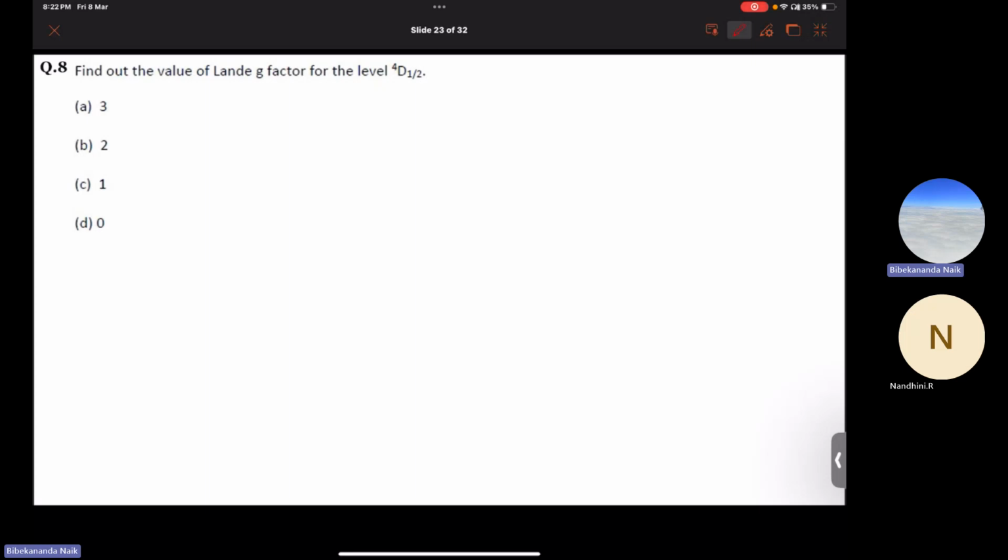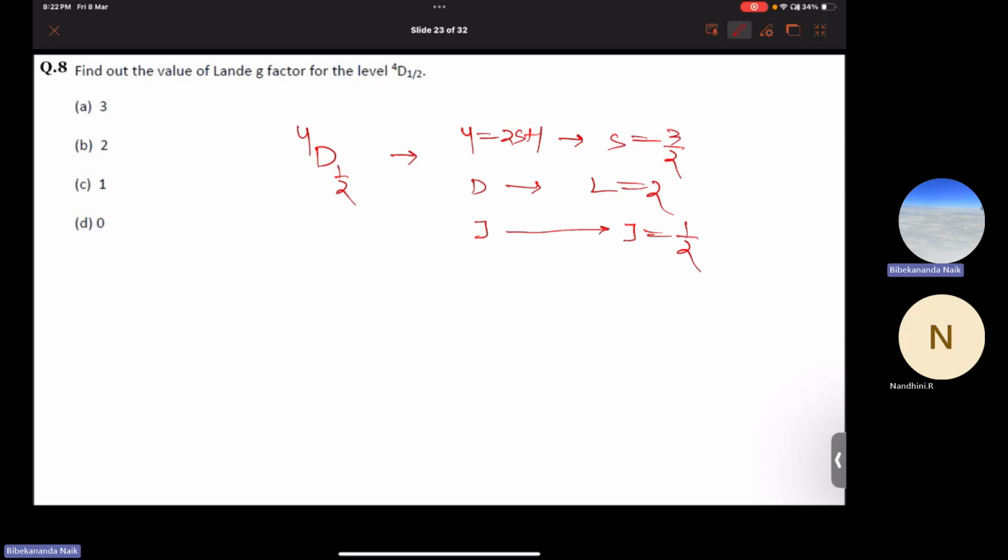So if you see for this given level, which is 4D half, we have 2S plus 1 equal to 4, which gives S equals 3 by 2. D means L equals 2 and J is half. So these are the values for this particular level. And if we talk about the expression for the Landé g factor,